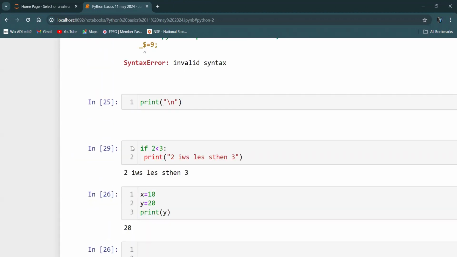What's the purpose of \n, ma'am? If you want to start with a new line. It means it takes to another line.